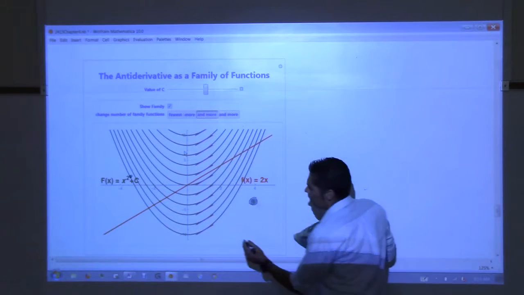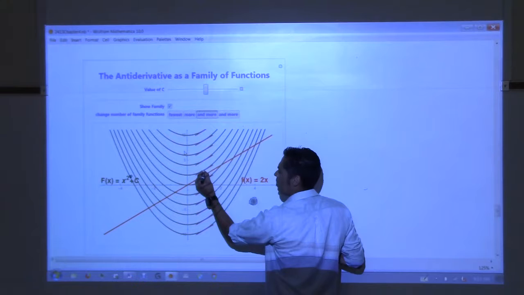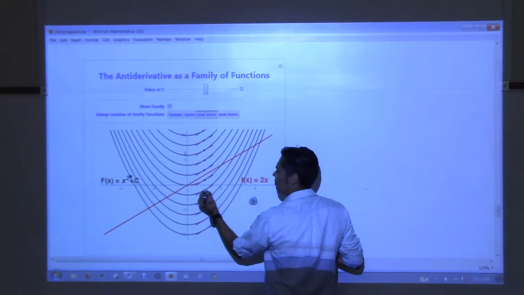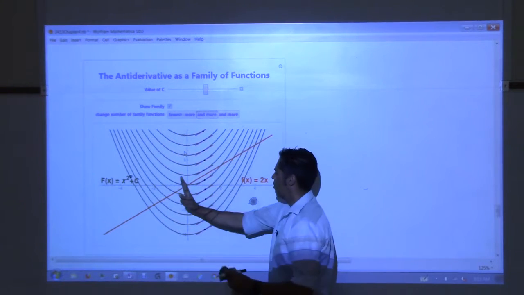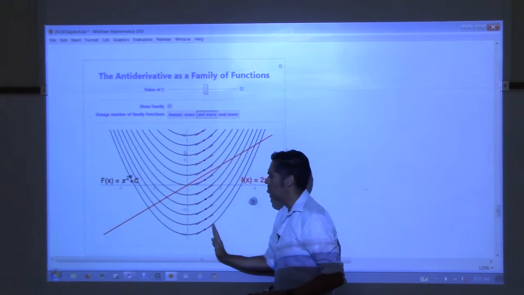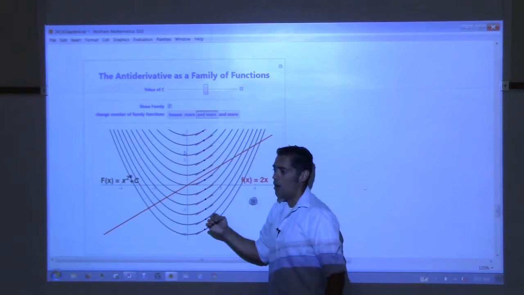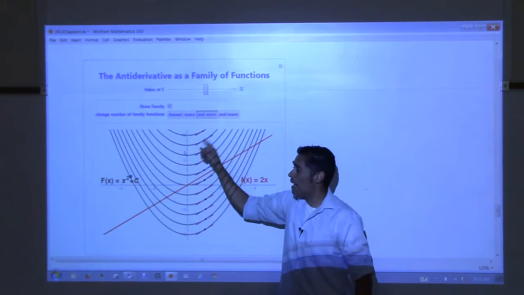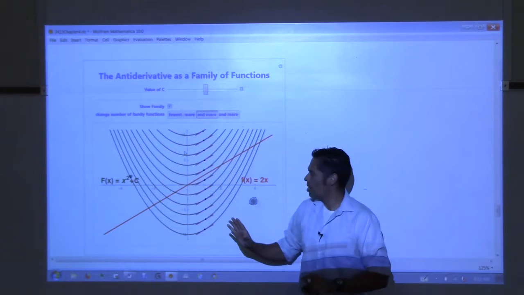So if I go and pick an x value and look at the slope of the tangent line on any one of those curves, it doesn't matter which one I pick. If I go to an x and ask what the slope of the tangent line is, all of these functions within this family have the same slope. And therefore, the derivative of the black function is always the same, no matter what. Yes? And that's why